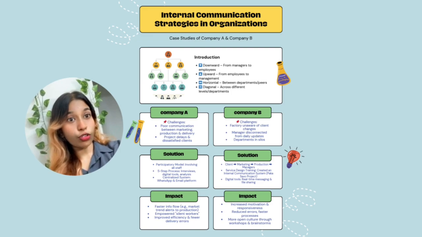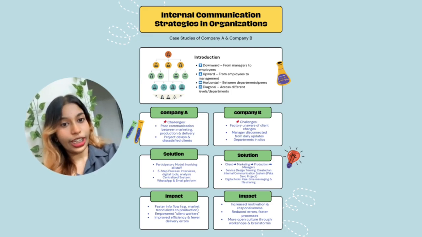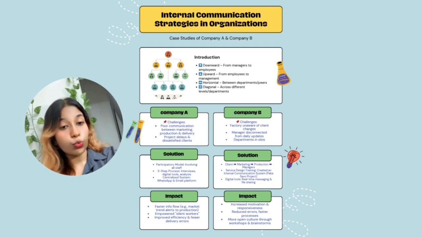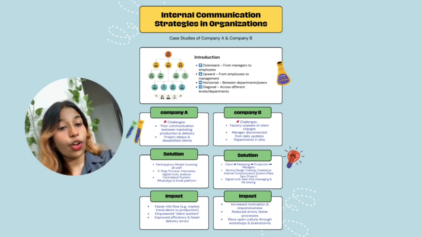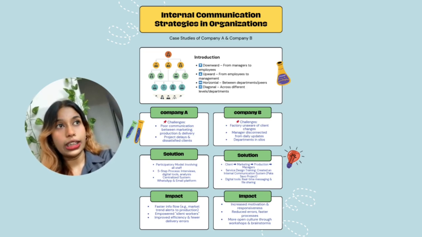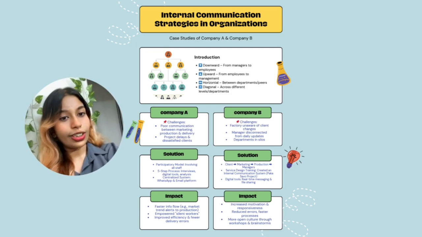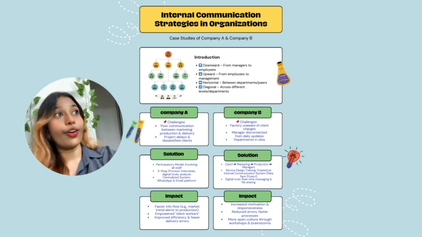So basically, for solutions and changes, Company B launched the Savo project to fix internal miscommunication. They improved their system through workshops, brainstorming sessions, and calendar optimization, helping teams to align better. So communication became more networked and real time, with new tools allowing instant updates and smoother collaboration. So in short, the company transformed from confusion to coordination.